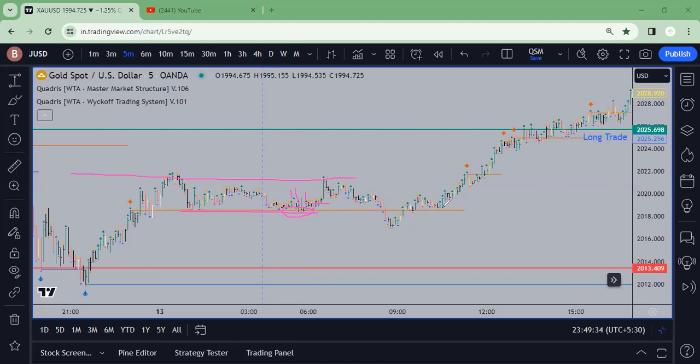After that, we got an opportunity at this particular point: failure to go down, came back into this range, and here we can see weak supply and strength coming in. After that we have a weak test of supply, and this yellow bar confirmed that we are going to go upwards. So we got one opportunity, the first one,